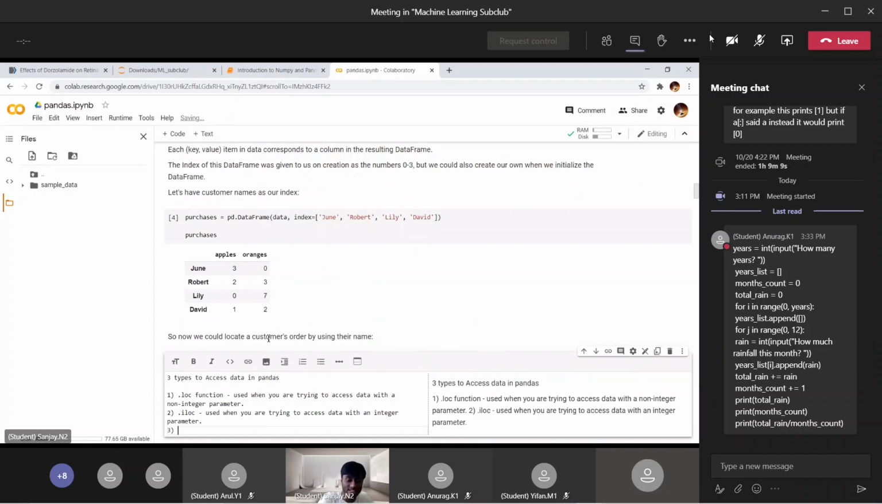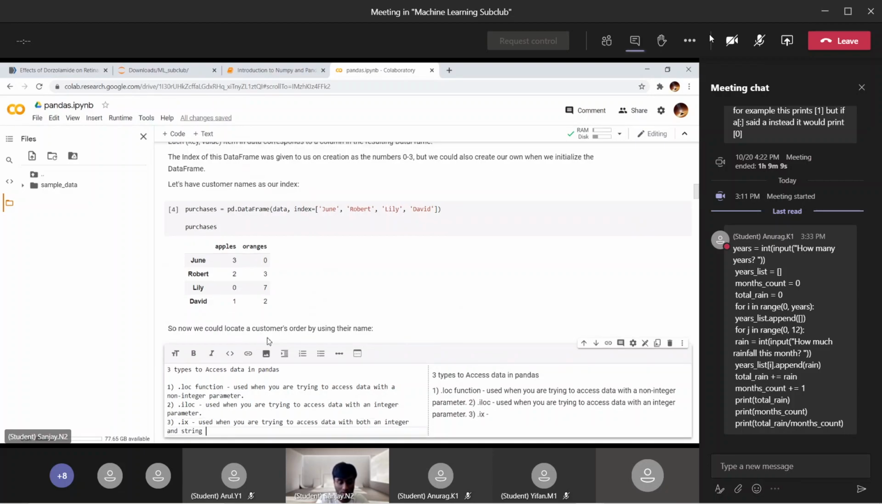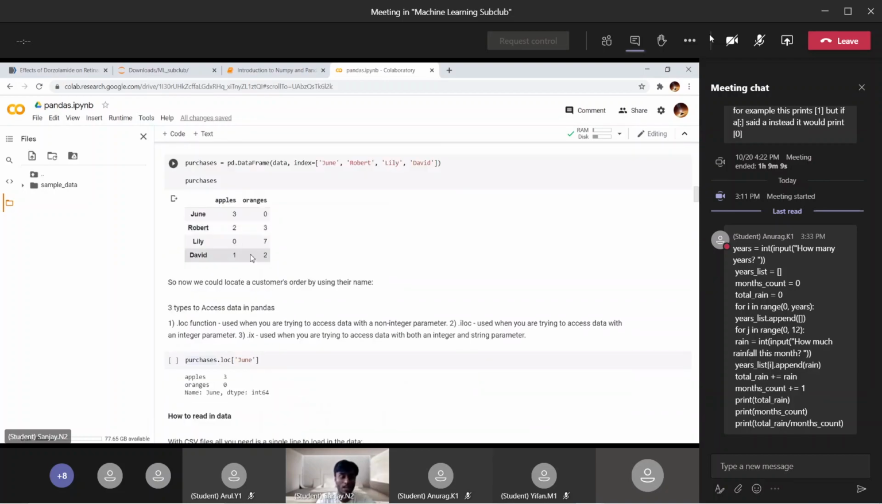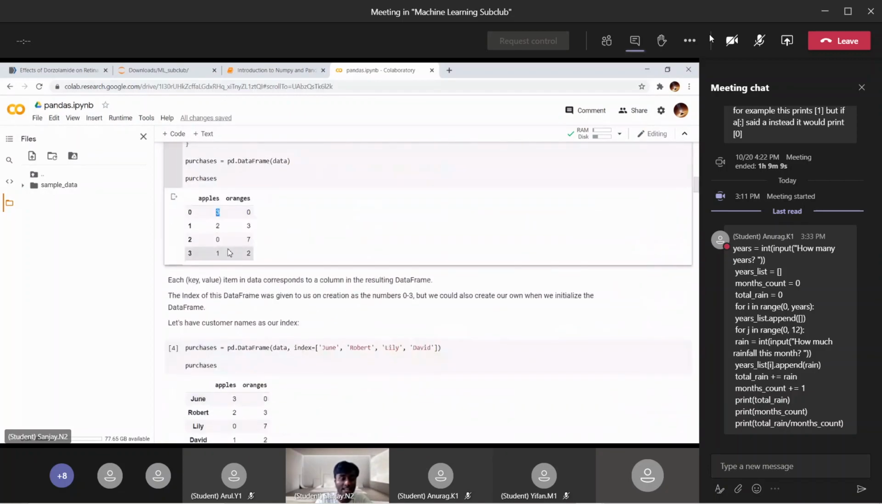And the last thing is this kind of convenient function called .ix, and basically this is used when you are trying to access data with both an integer and string parameter. A good example of this is if we go back up here, say we're trying to get this value specifically. So not the entire first row, but just this value that's in the first row and the first column. How we could use a single indexing methodology to do that is by saying purchases.ix